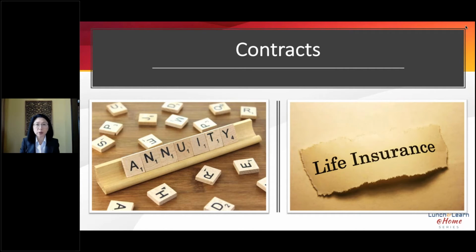Similarly, with a life insurance policy. Now remember, a life insurance policy is a contract on your life. So if something happens to you, that's when the death benefit is going to pay out. So you want to make sure there is a beneficiary named on the life insurance policy. Now you can certainly name the trust as a beneficiary. You can also name, for example, your children, your spouse, or anybody you want to be a beneficiary. And that's the other way to pass down the assets without going through the probate process.